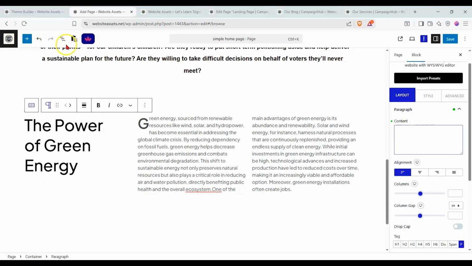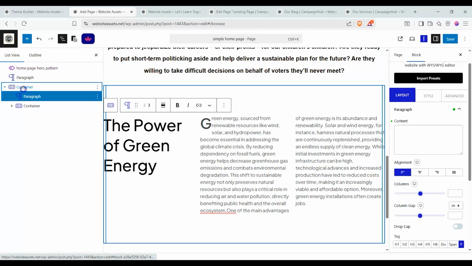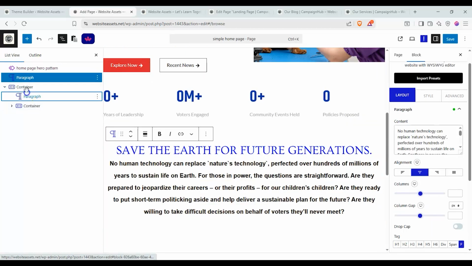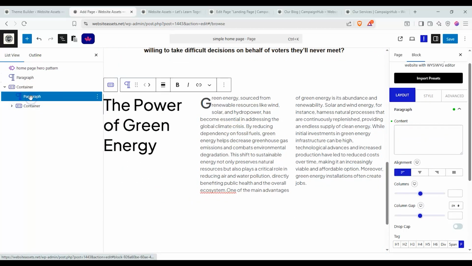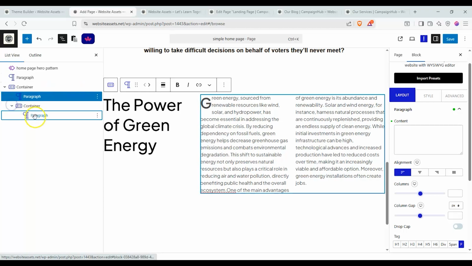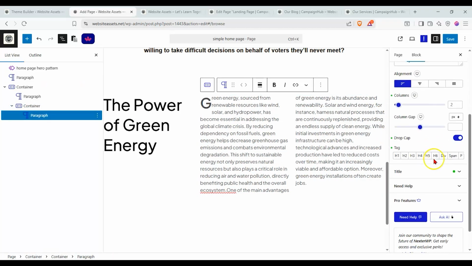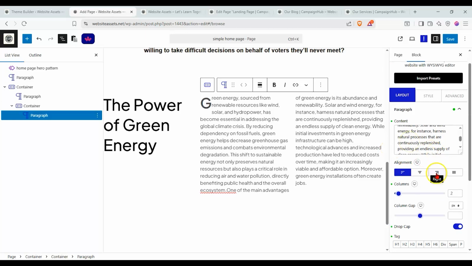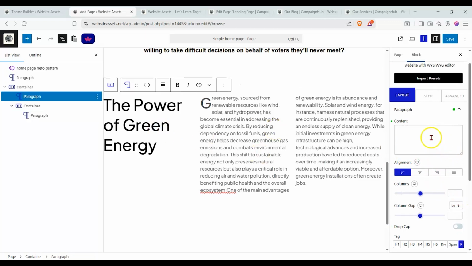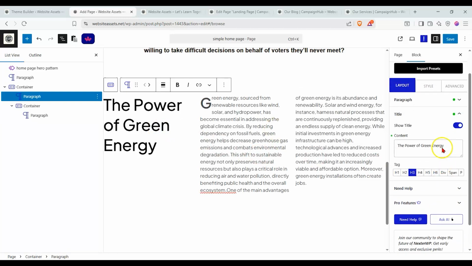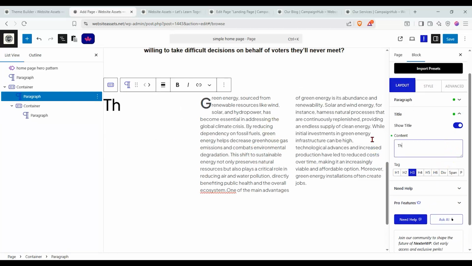And we can take a look at our document overview. It's not actually just a paragraph, it's a container with a paragraph over here. It gives us this title and gives us this other paragraph over here where we can go ahead and customize each one. So as you can see, we have 2 columns over here, and then this one, you see there's no columns. We're only using this as the title area. So